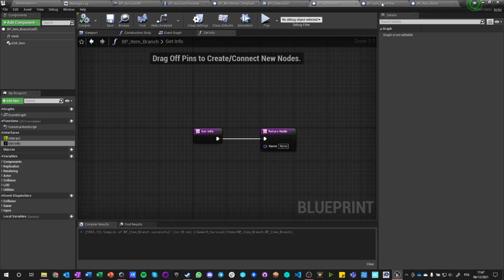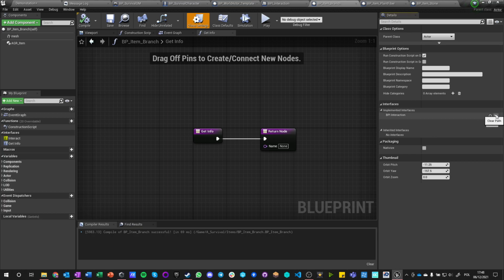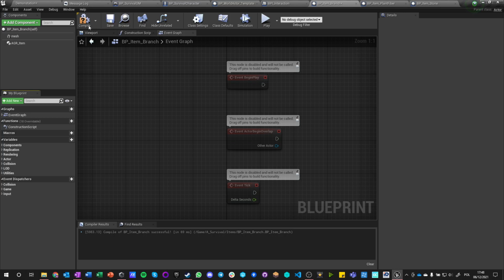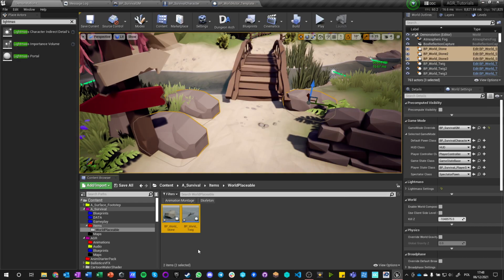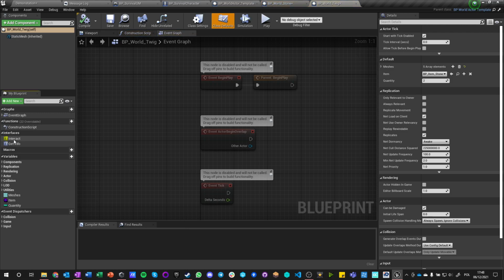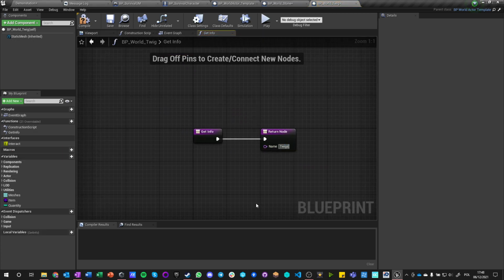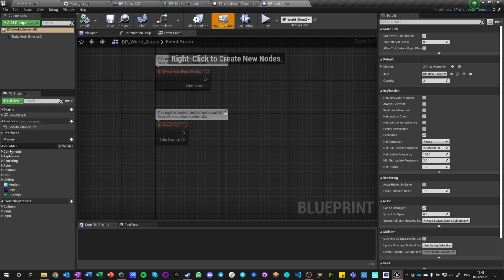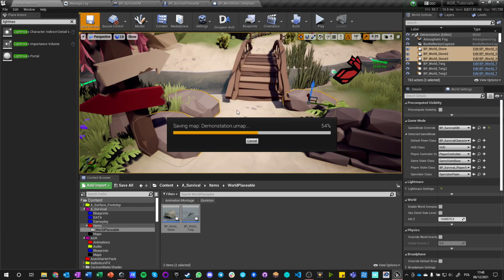So this is pp item branch, pp. Wait, no. Yeah, we don't need this. Those are not the items I was looking for. This started to get a bit confusing. Okay, word placeable. Those items are the ones I'm looking for. And what I want to do is just override get info. I'm leaving the interface as it was, but I want to change get info, and this will say twigs. And stone will say interface get info implement stones. Okay,